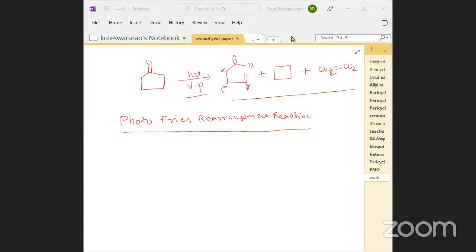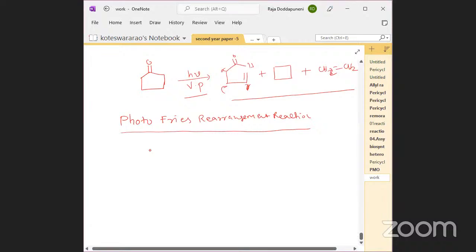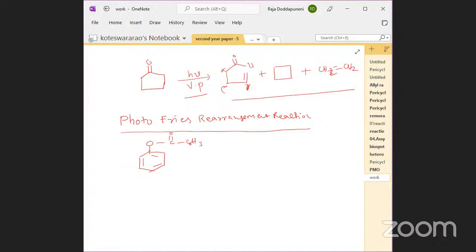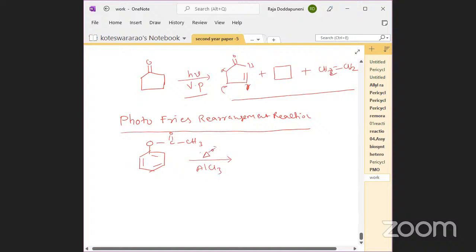Yes, okay, I will. This is the ester, aromatic esters. It is very much specific to the aromatic esters. Suppose this is the ester, phenyl acetate. This is the phenyl acetate. This phenyl acetate is heated with aluminum chloride, AlCl3. It is a temperature dependent reaction. If you take the temperature at 120 or 160, two conditions, then it leads to the formation of